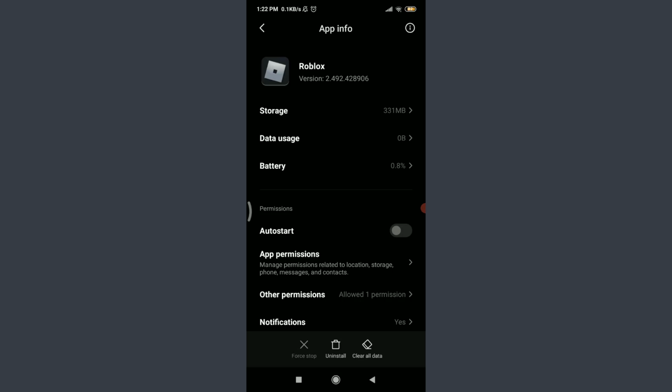The fourth one is to force stop this particular app. On the bottom left corner, you can see an option of force stop, but it is currently disabled because I had used this feature just before. If you do have an option of force stop, make sure to tap on force stop and you'll notice that a warning will pop up on your screen which will tell you that if you force stop an app,